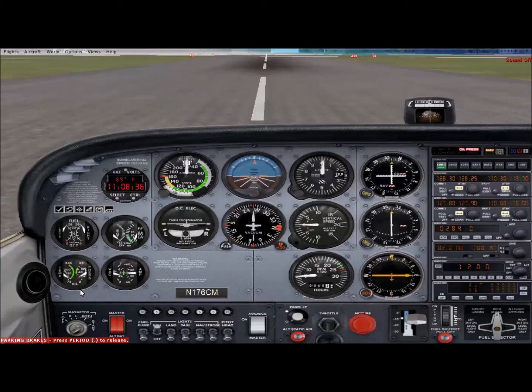This is the temperature and oil pressure indicator, very important because it is a piston engine. This is the vacuum gauge. Here there are three instruments: the attitude, the heading, and the turn coordinator. All these three instruments work on the gyroscopic principle, that is on gimbals. Now, these are driven by the vacuum. So this is the vacuum gauge for that.